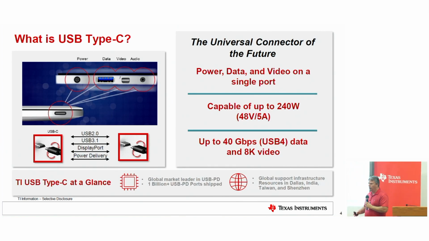So Type-C came about to get more data bandwidth, but also to combine power, being able to provide power as a source or as a sink, and to take various types of data, whether it's combining DisplayPort, Thunderbolt, and the old USB Type A and Type B connectors. So video and audio, all pulled into one connector now. And to go from the standard 5 volts now all the way up to 48 volts and up to 5 amp power delivery.